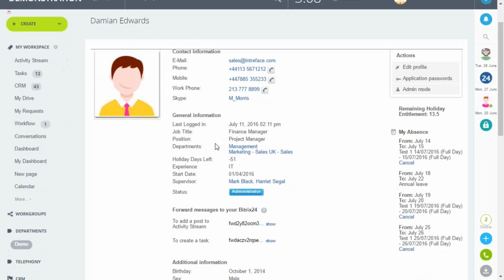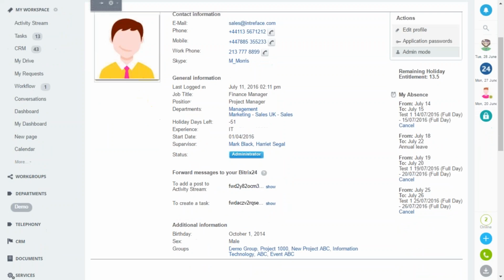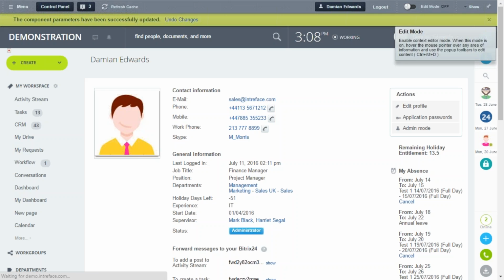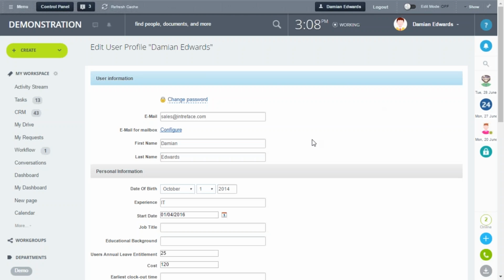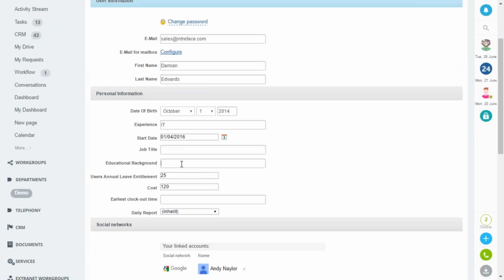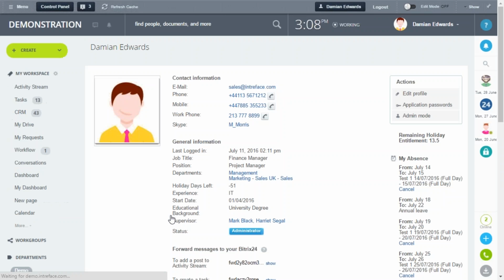that actually won't show up there at the moment because there's nothing in there. So if you click off the edit mode, go back to edit mode, and then click on edit profile, there we go. So you can see, if you just type in there and click on save, you can see now that that's added it to